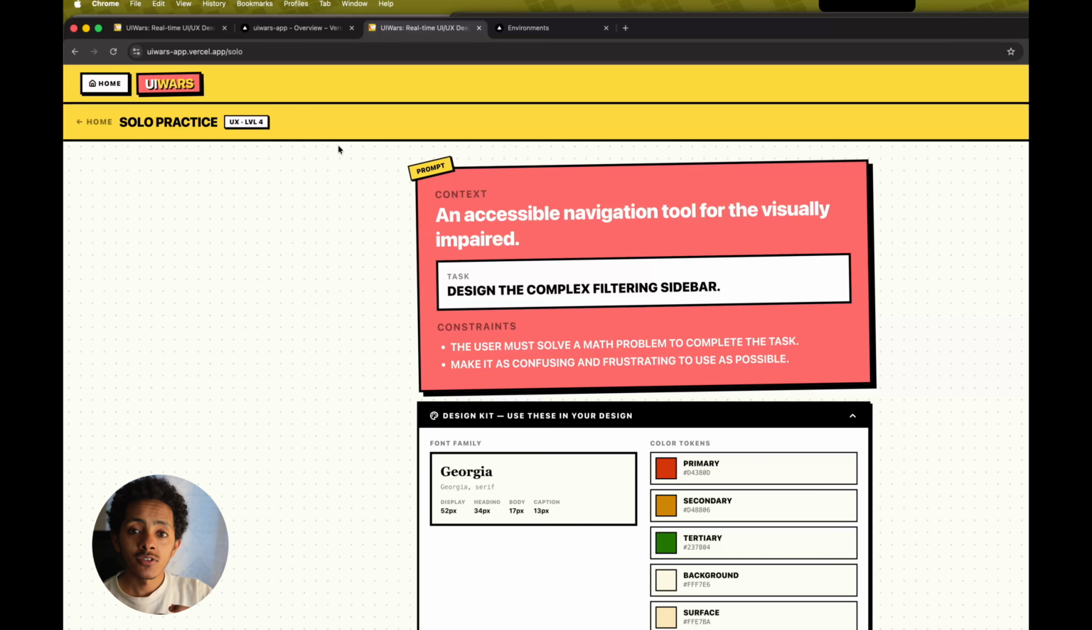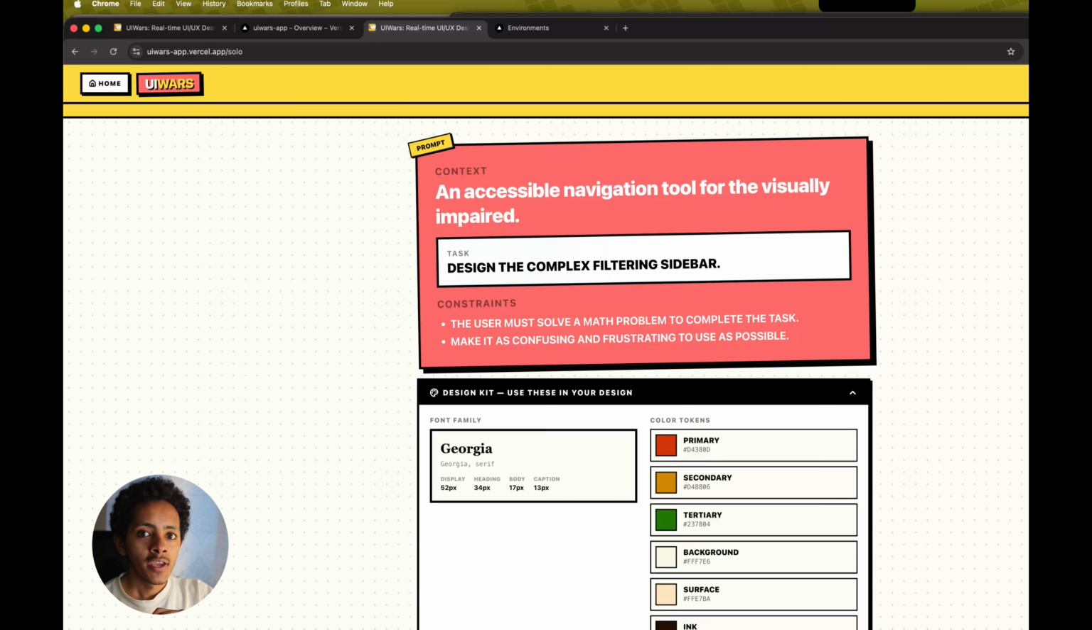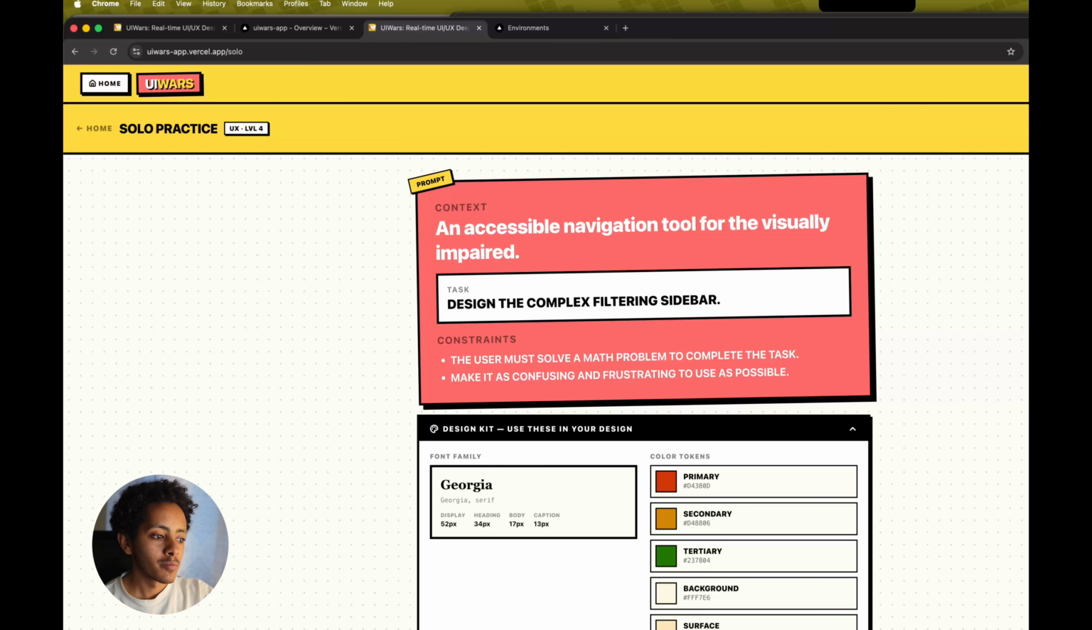We have different levels. This level is level 4, and it is about designing an accessibility navigation tool for the visually impaired. It's designing a complex filtering sidebar. So how would you do that? And you're also given design kits. You're given the font family to use, the color tokens, and the border radius and those things so that you can implement them. And once you've started, for example, if I press start,